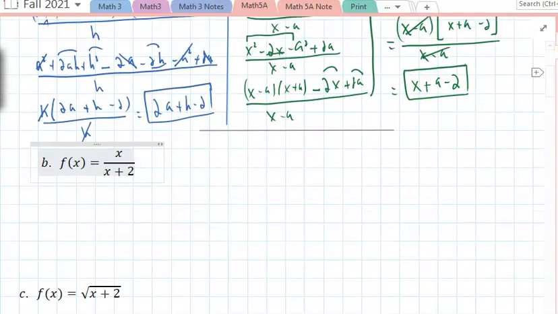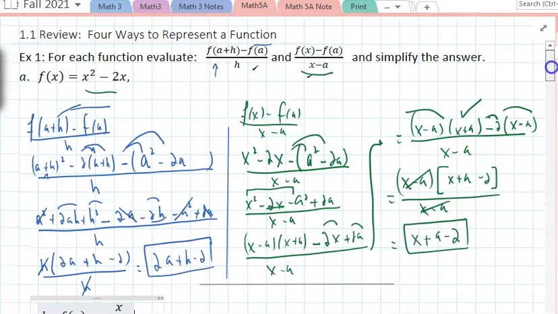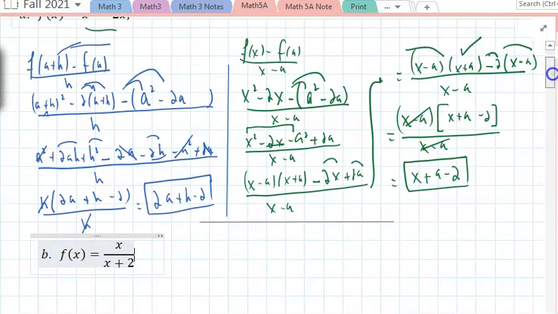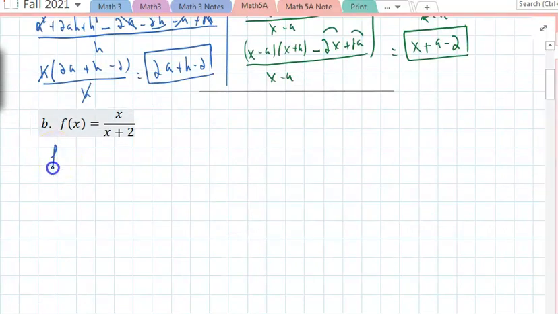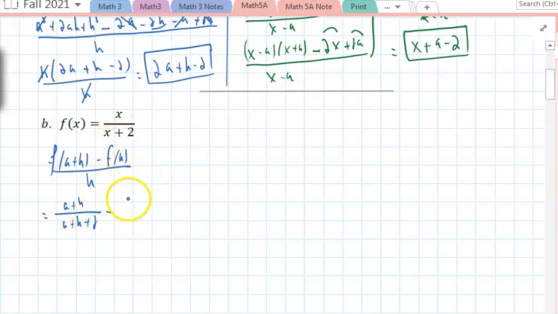Same deal, we're going to do this now. And what we want to do is the difference quotient, f of a plus h minus f of a. So let me write that down. Okay, let's give me more space. Here we go. So if we go by f of a plus h minus f of a all over h, that would be a plus h over a plus h plus 2, minus f of a, which is a over a plus 2,